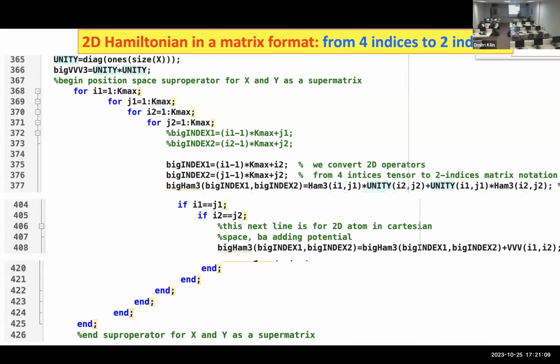But now we need to make an operator that will act on the other pair of indices, on the other dimension. So it is again the same Hamiltonian, but now it acts on Y dimension. It depends on I2, J2. And with respect to the first 2 indices, it is an identity operator. If you combine them together, it is a procedure to convert from 4 to 2 indices.